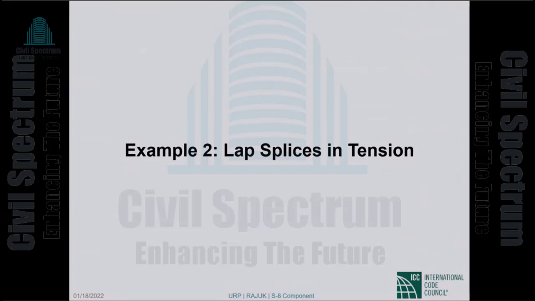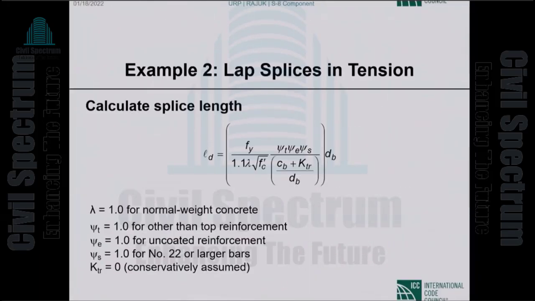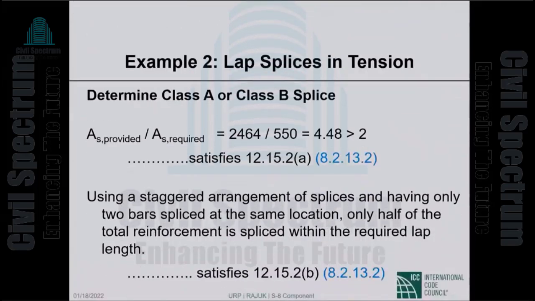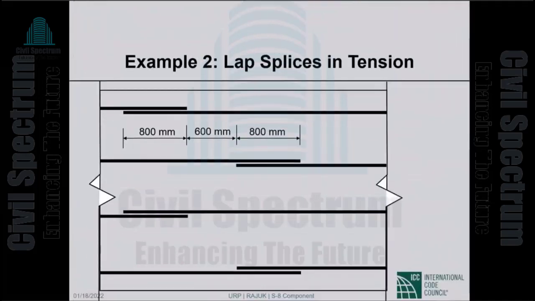Now this is almost 3 hours. Let me consult with Bodhi. The other 2 examples are shorter. Should we lump them with the question and answer session on Monday? Next Monday, you're saying? Next Monday is when I'll do 2-way slabs for flexure. Okay, yeah, we can do that. Or now it is 10:54, so you just have 6 minutes. So I don't think you can cover both the examples in 6 minutes.